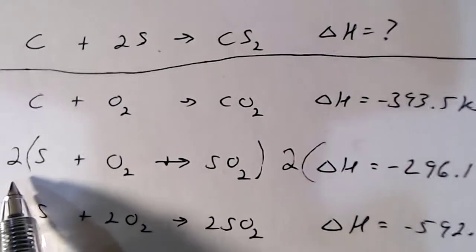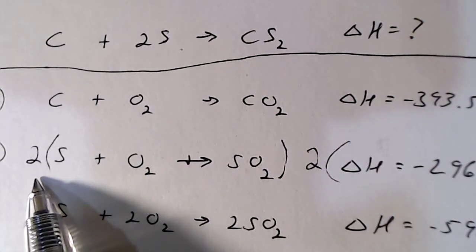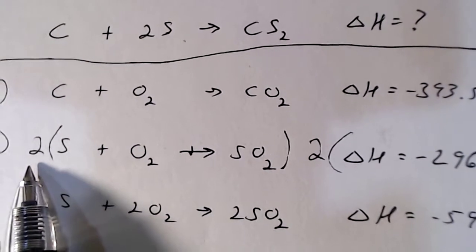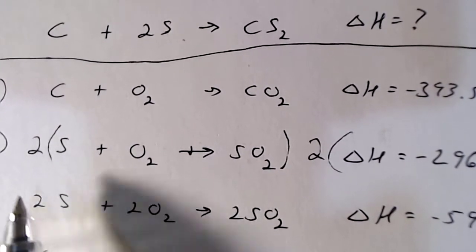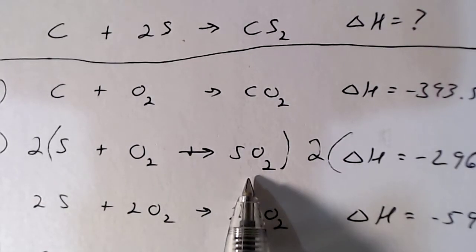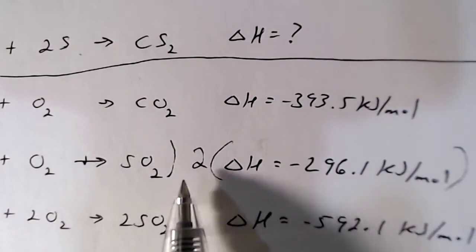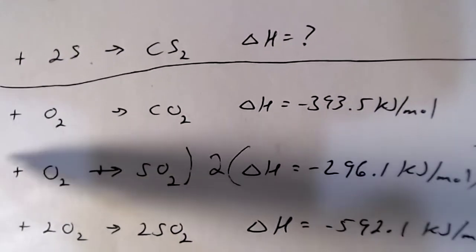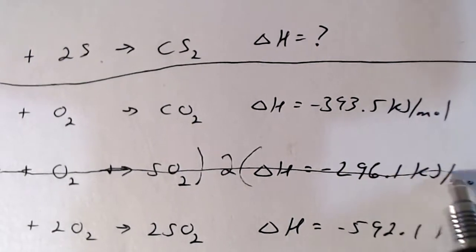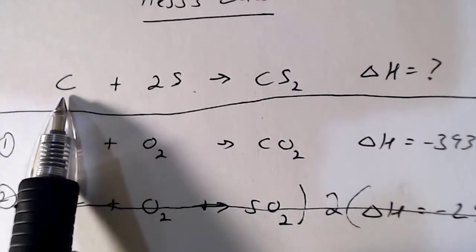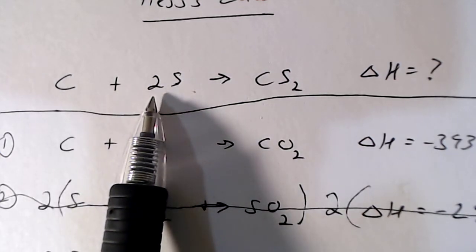So by doubling everything in this reaction, we will now write out the new version. We have 2 sulfurs, here they are. We'll get 2 oxygens now, here they are. We'll get 2 sulfur dioxides, here they are. And we will now double the enthalpy change to negative 592.1 kilojoules per mole. Now go ahead and cross out that old equation. Okay. So we now have made sure that we'll have 1 carbon like we want and 2 sulfurs on the left of the arrow,